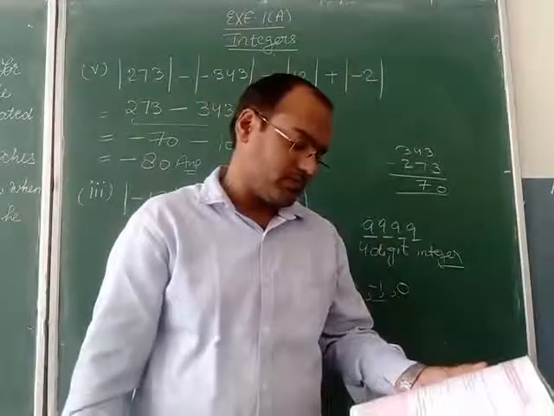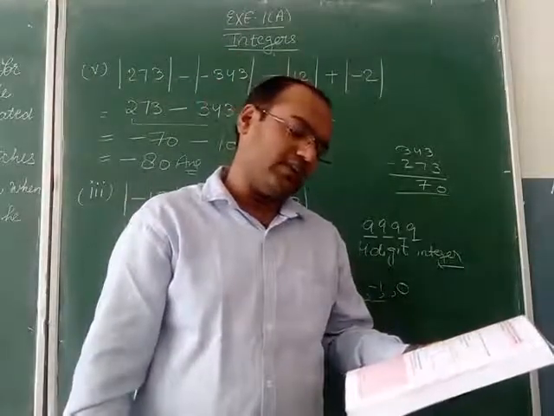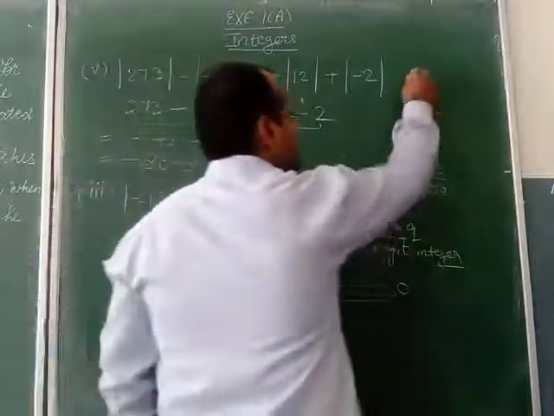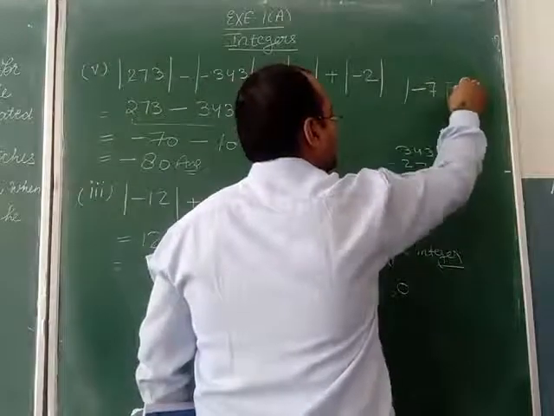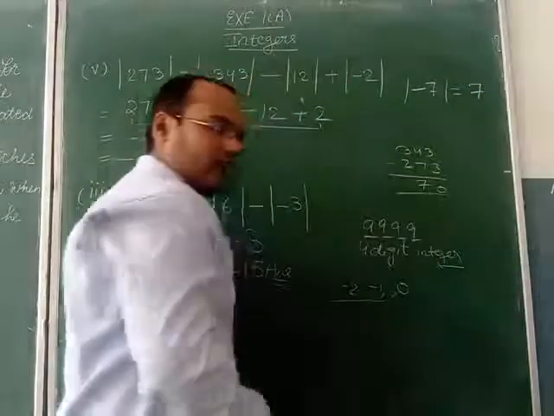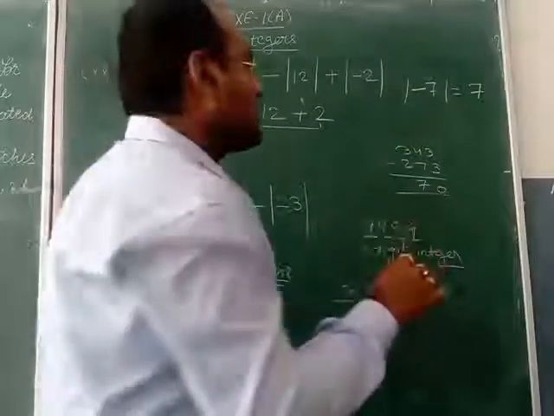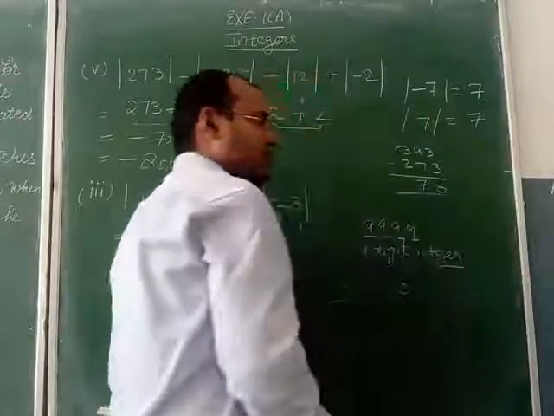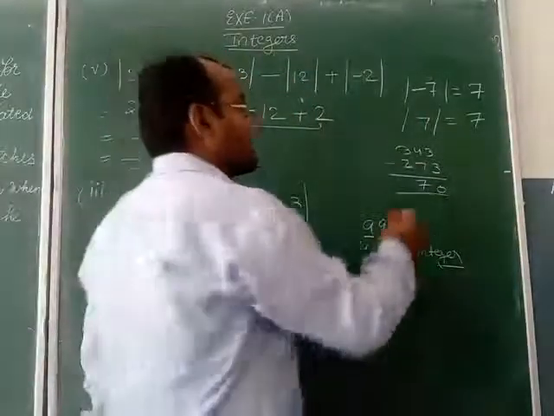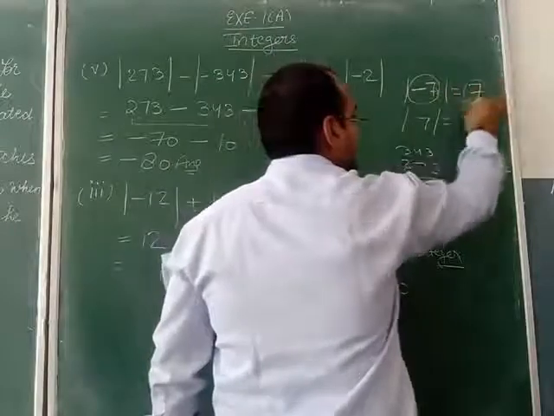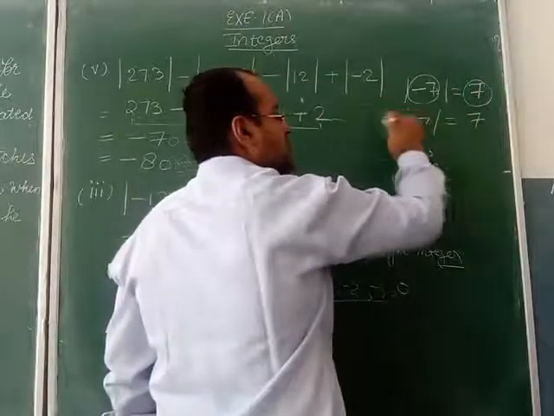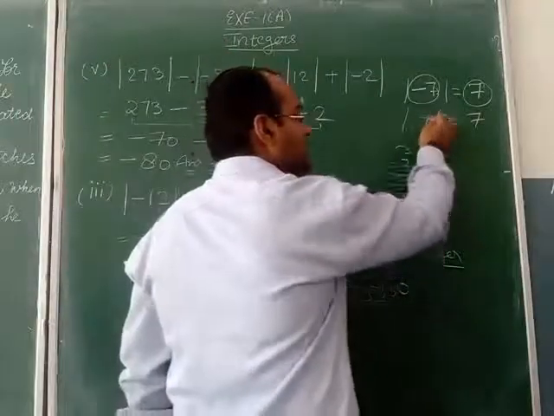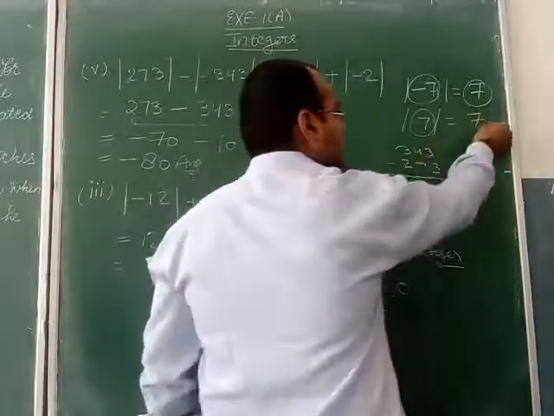This is false. Absolute value of any integer is always greater than the integer. Absolute value: if we take the absolute value of minus 7, answer will be 7. When we remove the absolute sign, the minus will get removed. If we take the absolute of 7, then the answer will be 7. So here what are you observing? Here we took minus 7, then our answer is coming 7. That means this minus 7 is smaller and the answer which is coming is greater. But in the next example, I have taken 7 and the answer is also coming 7.